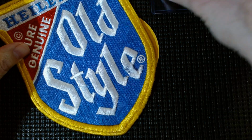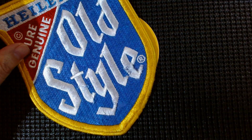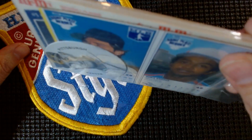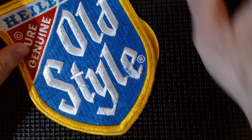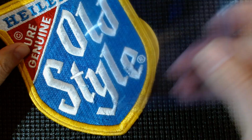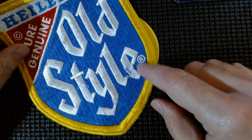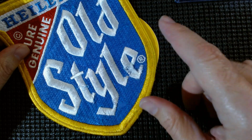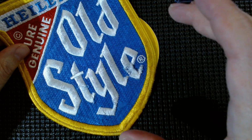So if you're all ready, I got this top loader out. It's just been sitting in this bag with these cards that I'll get to someday. But now it's time to top load this. So I got that. I should have found that other card. That's okay. So today I'm going to show you the very first baseball card that I believe I got and